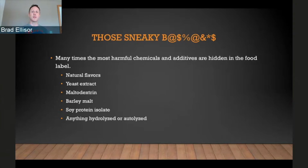These are all very sneaky ways to hide essentially what is MSG, monosodium glutamate, which is very problematic, and it really attacks and injures our brain and our nervous system. Now, if you didn't know, our brain and our nervous system are vital to not just being alive, but to expressing our full potential and to being healthy, and for our kids to be healthy. And especially with kids, when their brain is growing so fast, which it does,